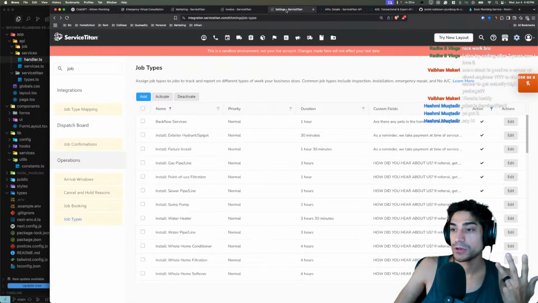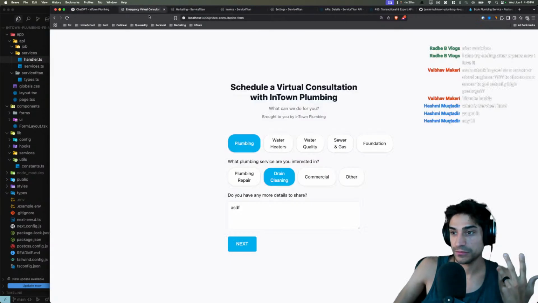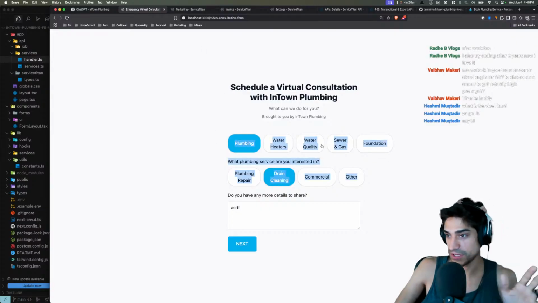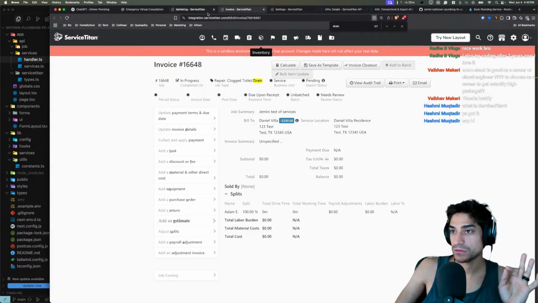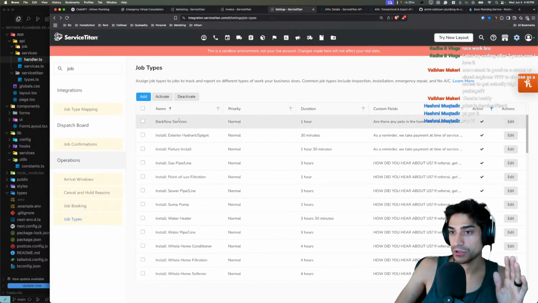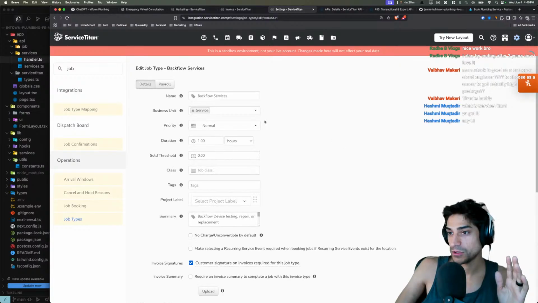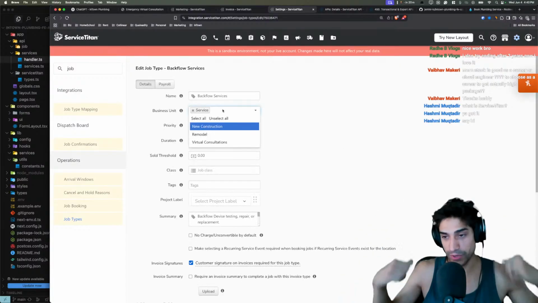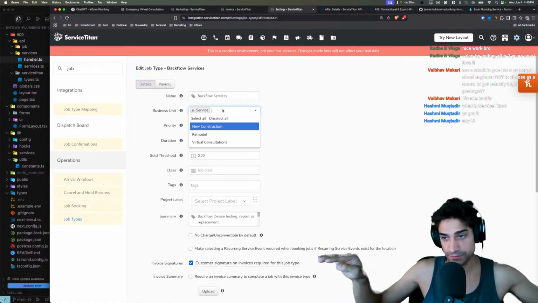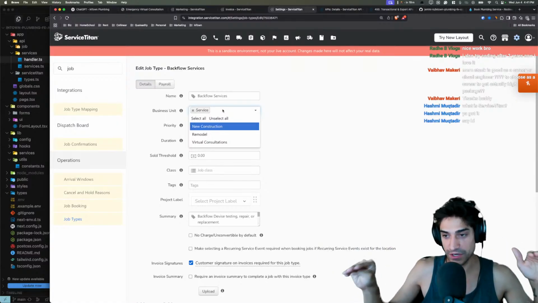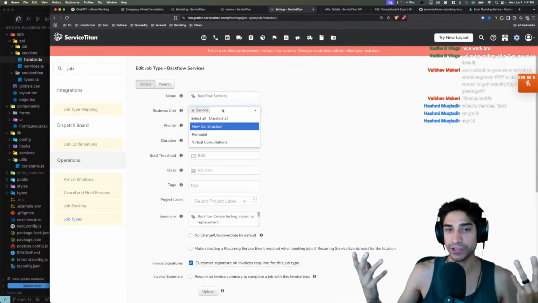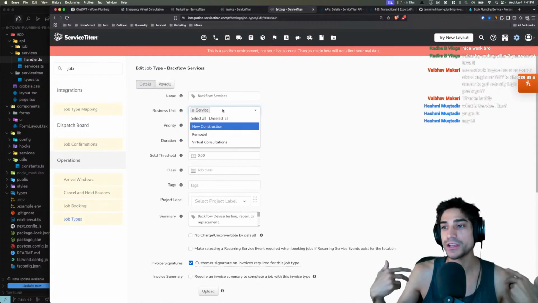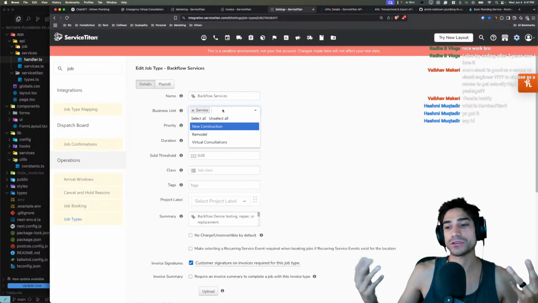Or I can simplify this flow, and instead of having this same stuff here, I'm leaning towards the second option as I talk about this. I could just say, go look up all the job types, and whichever ones are assigned to my business unit will just show up in a list. So you just pick from the list of job types, and I'll just do 3 or 4 as an example, so the client gets a good demo. They can see that it's realistic data, and that allows us to have the conversation about